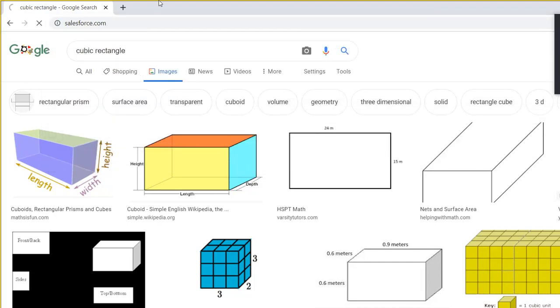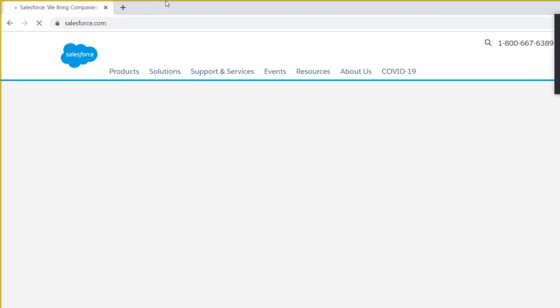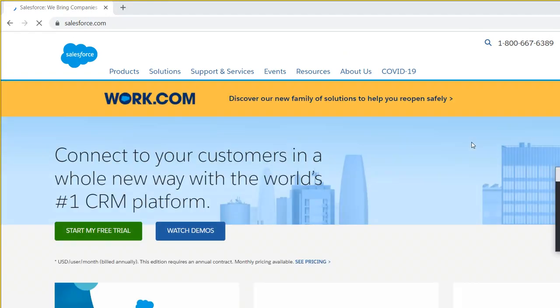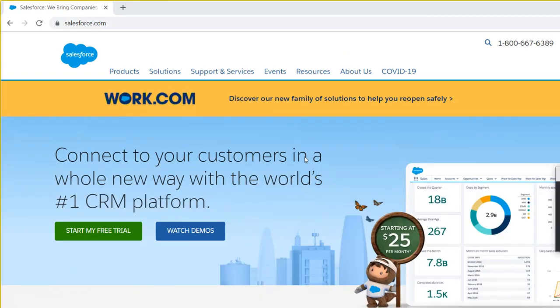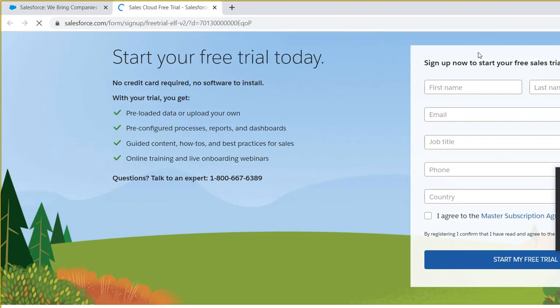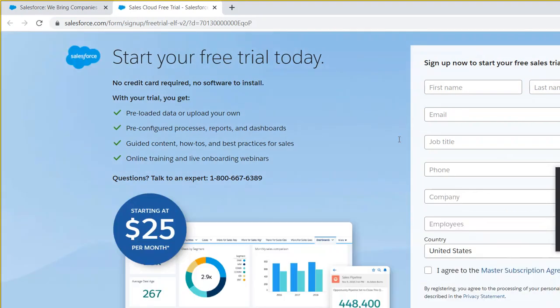salesforce.com. You will be opening the application, and then you will be clicking, can you see the try for free? You will be clicking on the try for free link, and then you will be providing this information. I agree and start my free trial. Okay, number one. Number two will be, let's say here you will be giving username, password, all of this information,